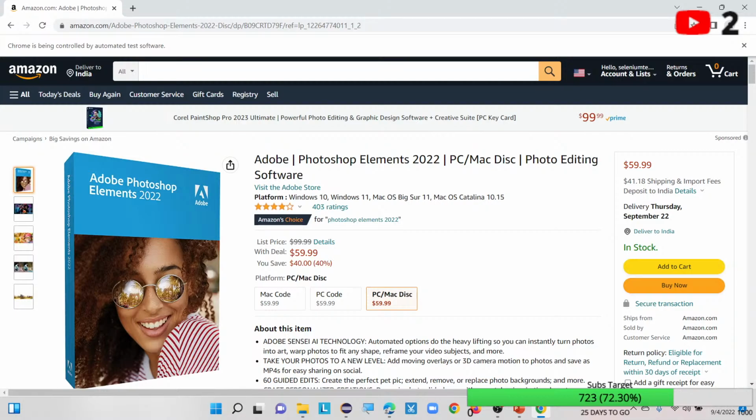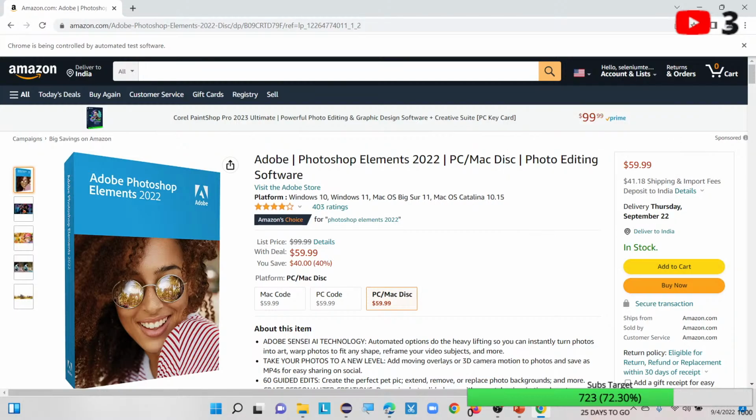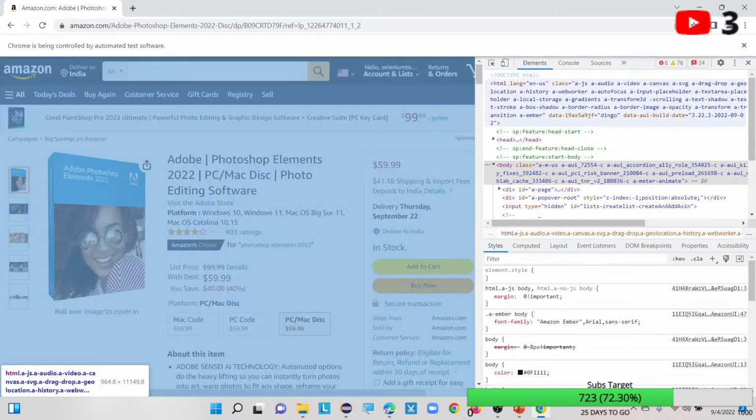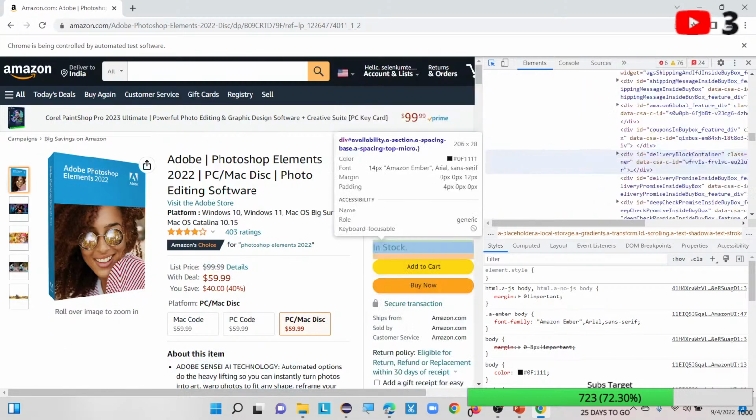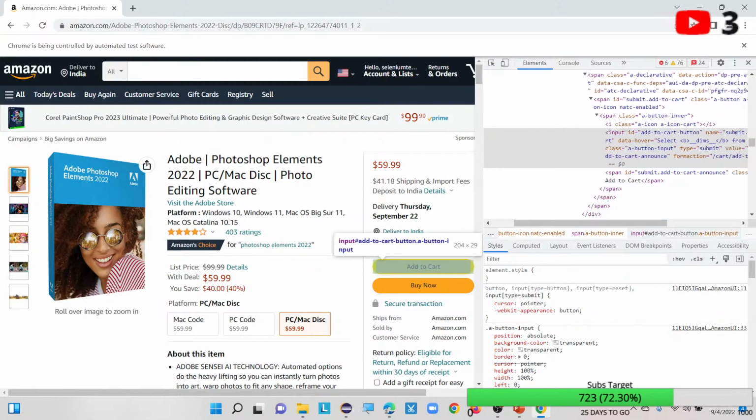Okay, so now what I want to do, I just want to add this particular product to the cart. Okay, so again, what is the process here? I just want to inspect, right? So I want to inspect this page. Go to inspector and click on this add to cart button. So here you can see